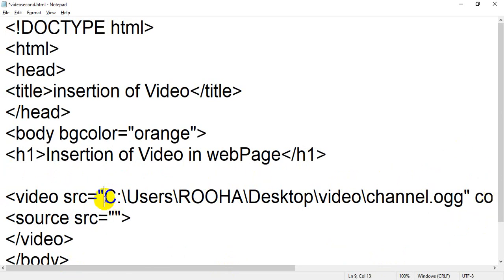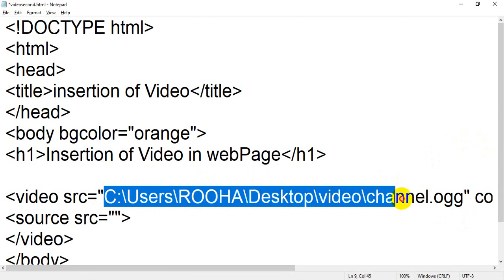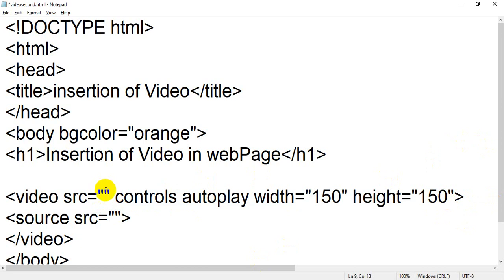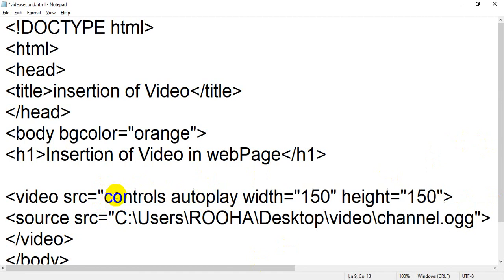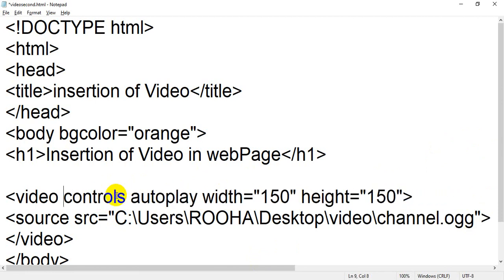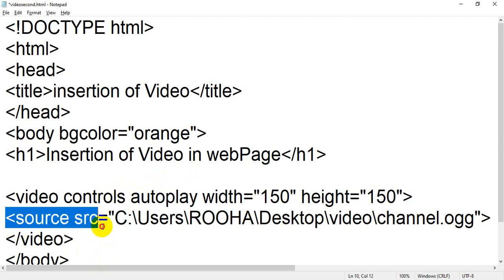I will cut it with Control X, paste it over here, and remove this src from the video tag. Student, please pay attention to what I have done. I have added the source tag because we have to add multiple source files, and inside that I have added the first one. The rest is all the same. The only change is that we have to add multiple files.